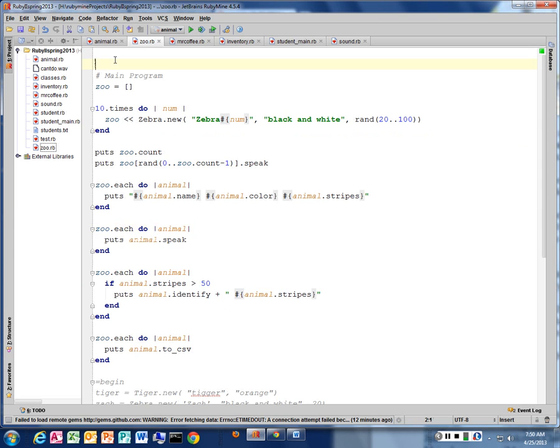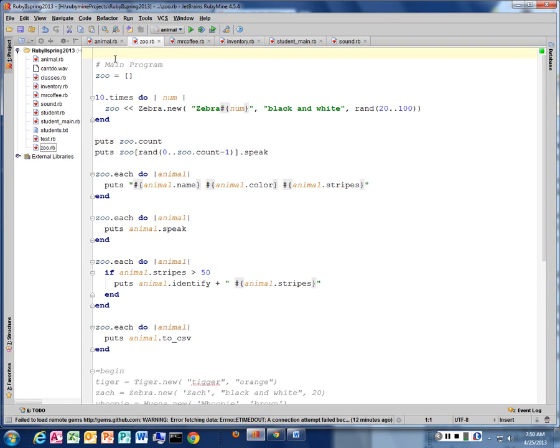All right, today we're going to talk about our animal class again. Yesterday we created this zoo array to hold a bunch of animals, and we created a bunch of animals. But it would be nice if instead of an array we could do some other things to our zoo. I might want to have some methods, like adding a new animal to my zoo, or looking at the inventory of my zoo, how many tigers I have. And so that leads us to think maybe I should have another class called my zoo class to hold all